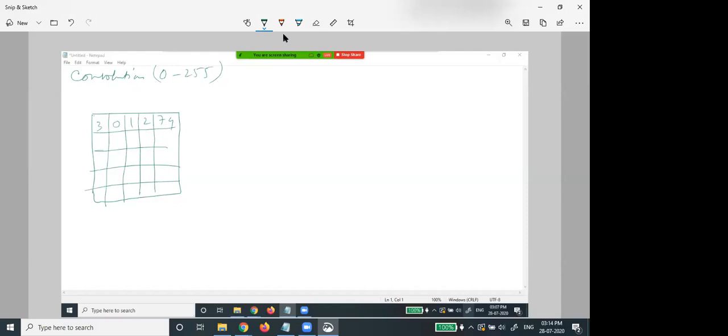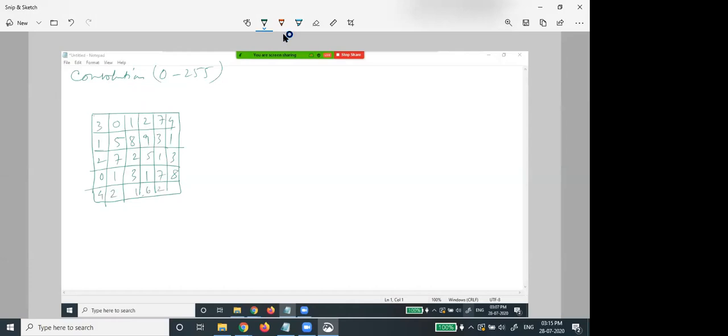For this matrix, in every cell there is one numerical value from 0 to 255. Suppose I am taking one example, 1 5, 9 1, any arbitrary numbers, 2 4 5.